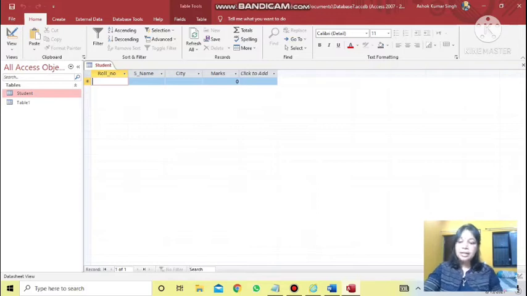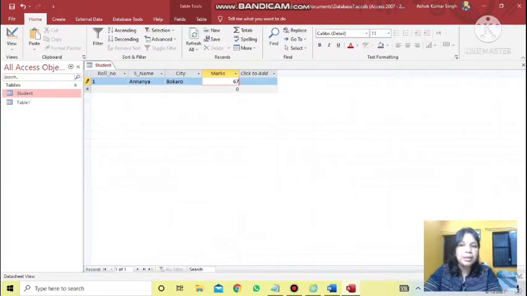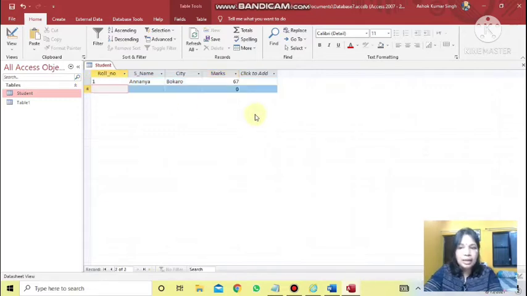For entering the data, in roll number I'm putting 1. For going to the next field, tab key. Here you can write any name like Ananya, and then city is Bokaro, marks suppose 67. Then tab key. You can see that since we are writing, in front of that row one pencil icon is there, which means the writing part is going on. Now tab key, next star sign.